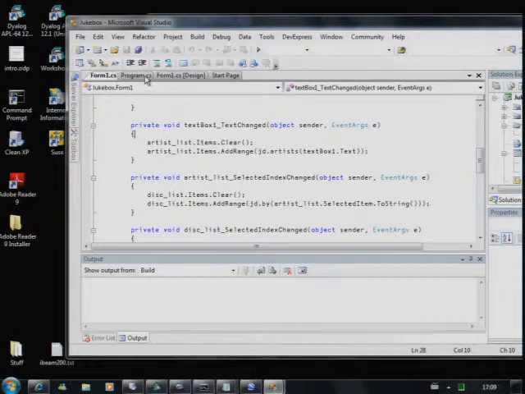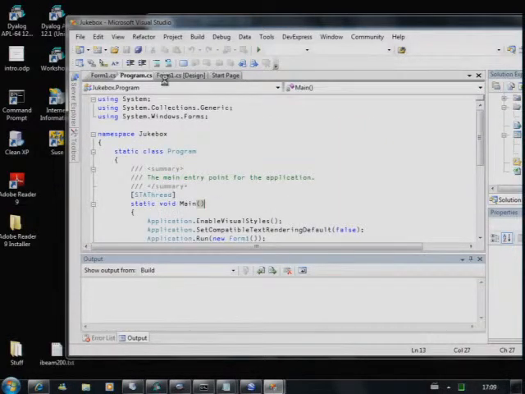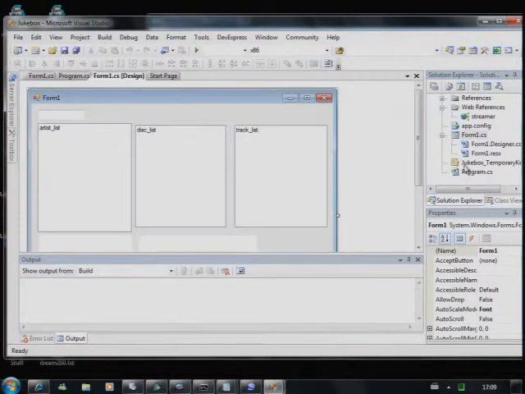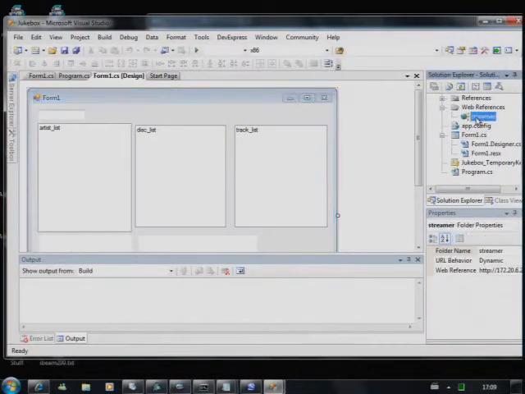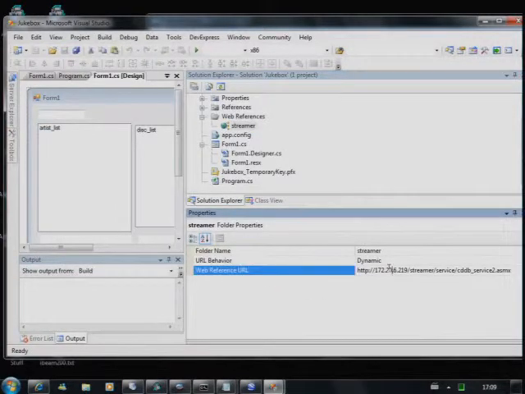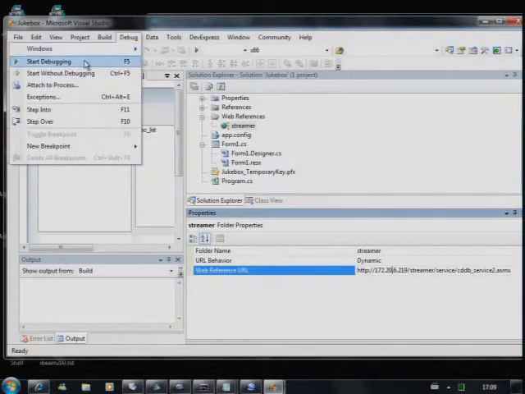Okay, which has got some GUI somewhere. Okay, there's the GUI. It has a web reference to a thing called Streamer, which is down here. There's the URL of what it references. What it references is that CDDB service thing, which is implemented in that workspace. Okay, so if I run this application,